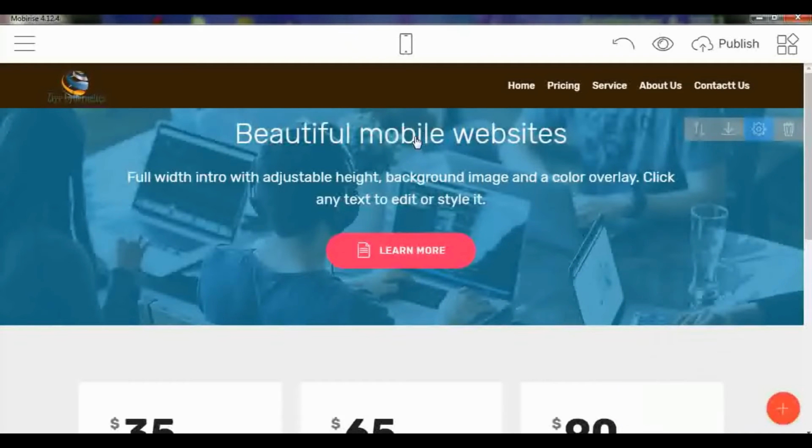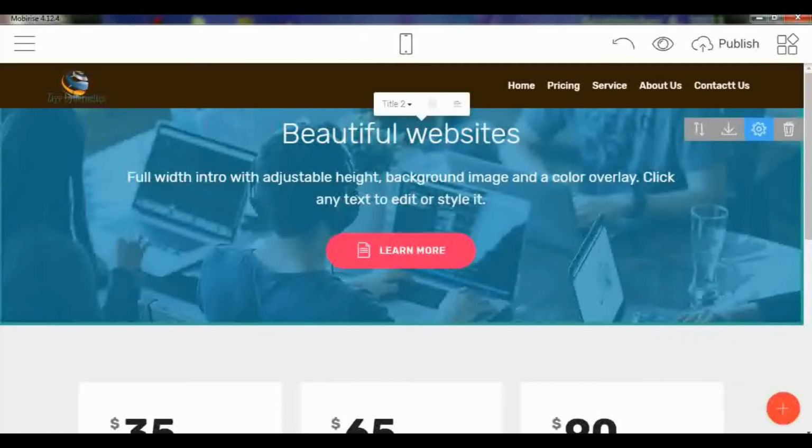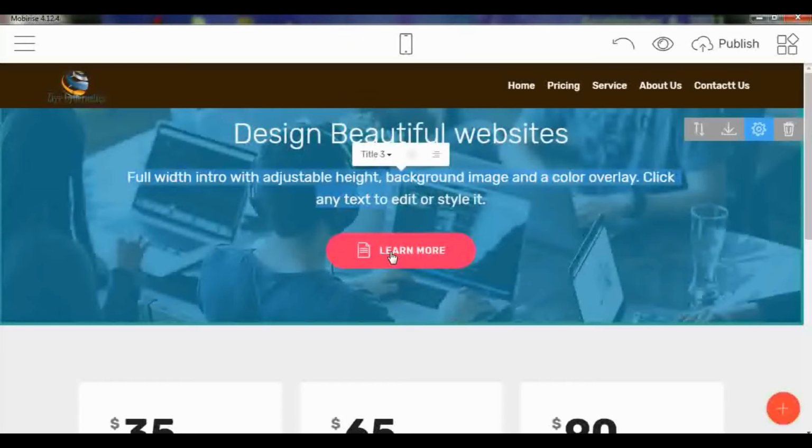So I will just say: design beautiful websites. Never mind what I write, I already showed you how to use the editor. Here I can write anything I like.